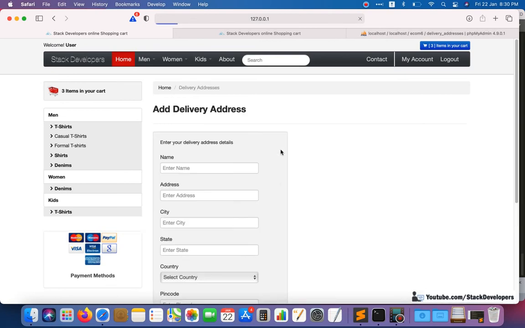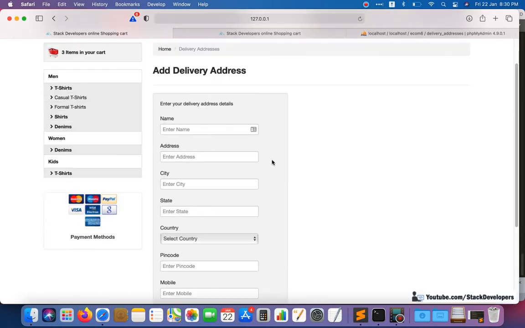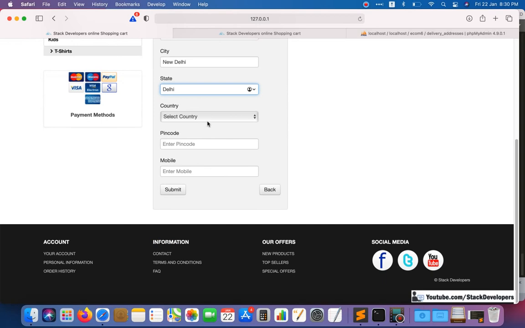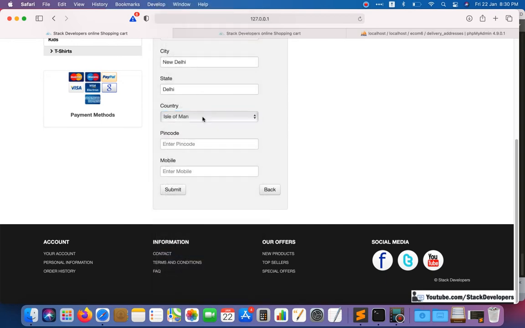Okay, so if I click on add, you have this form. Here I am going to fill Amit Gupta, 123A, New Delhi, India, pin code 10001, then 98123, this one.